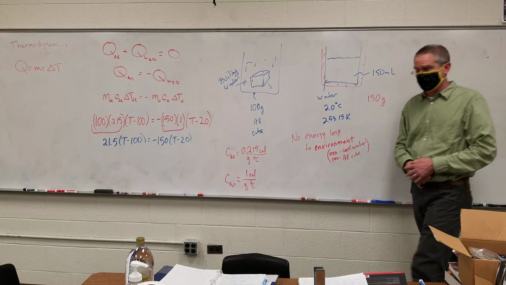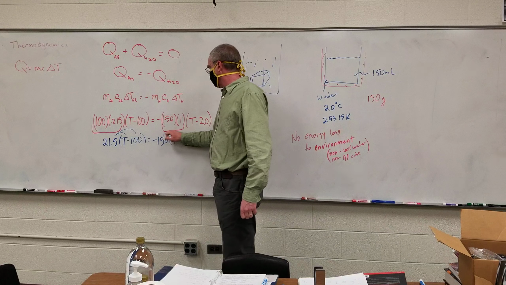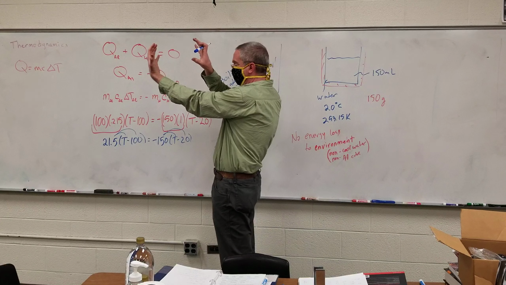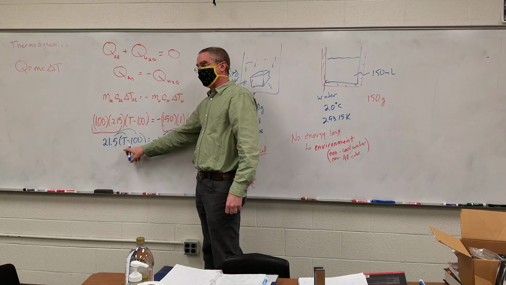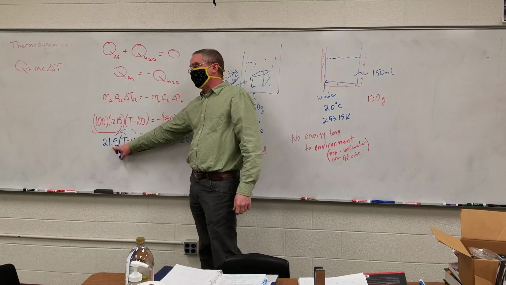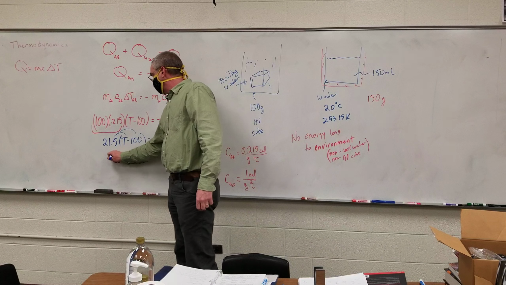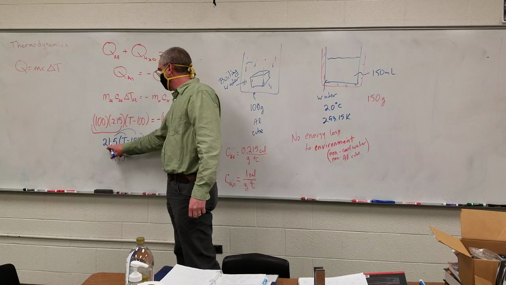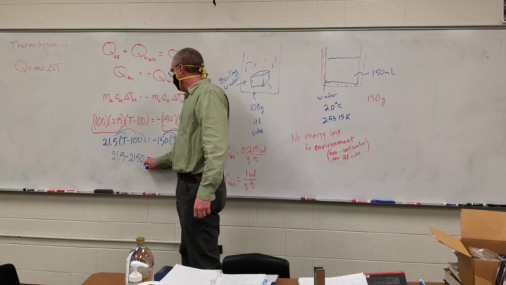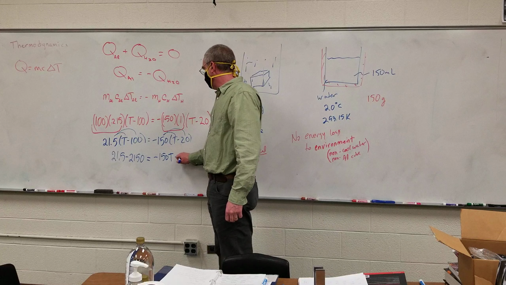It's called distributing. So we're going to multiply this times that, and that times that, this times that, and that times that. If I got a binomial, two terms inside the parentheses, with a number outside, I can distribute. I multiply this times the first thing and this times the second thing. So I get 21.5 times 100 is 2150 equals negative 150t plus